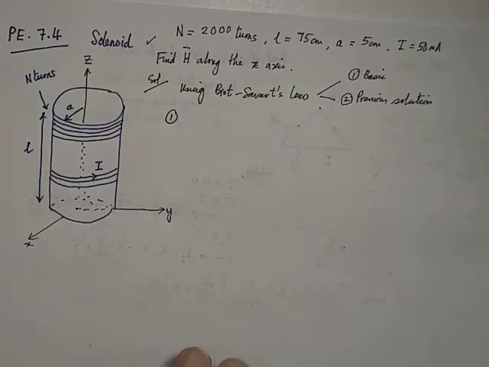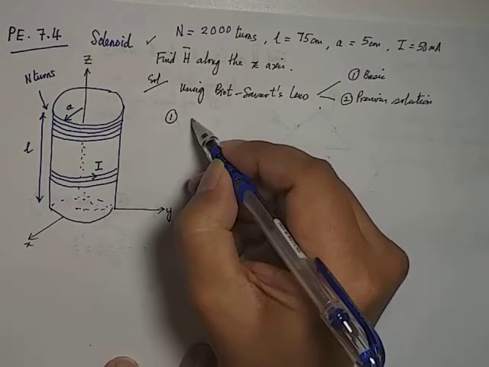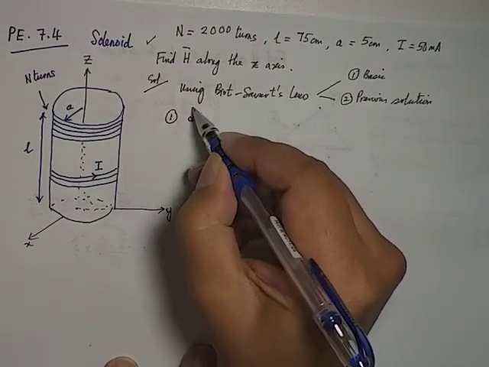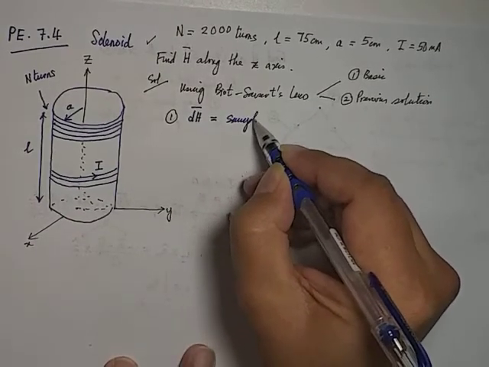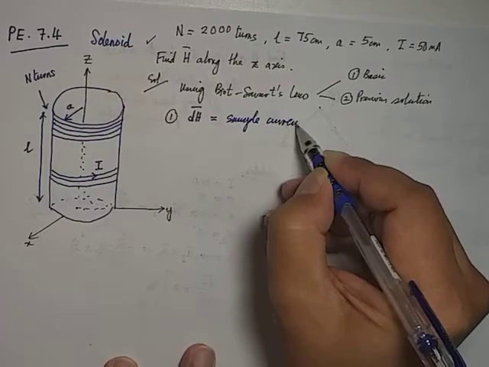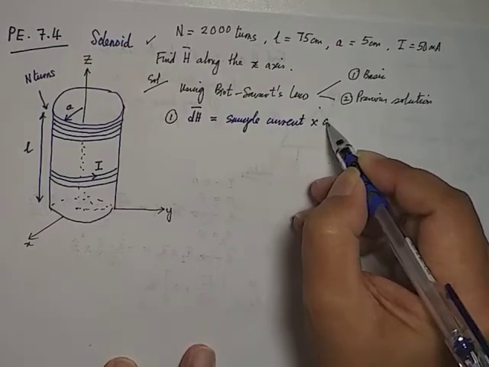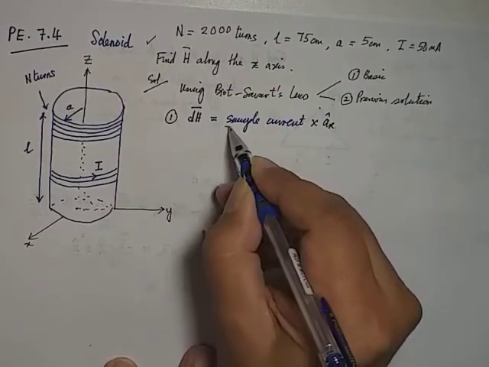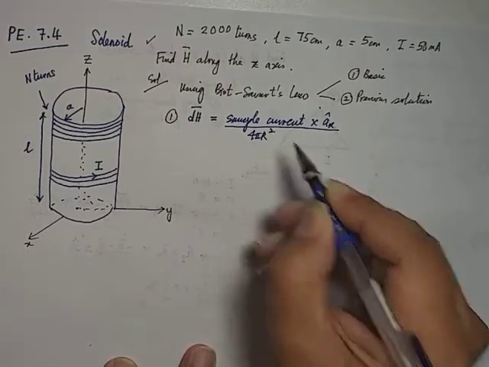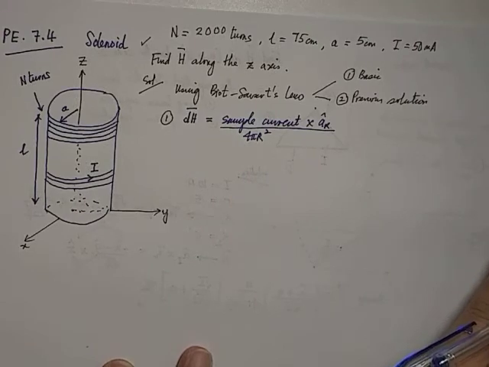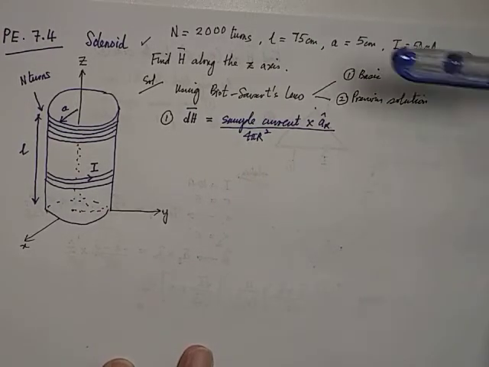So what does Biot-Savart state? Okay, Biot-Savart states that dH equals the sample current, I'm going to make it general first, cross with aR, divided by 4 pi r squared. Okay, that should be our basic Biot-Savart equation. So now, where is my sample now? So my sample must be